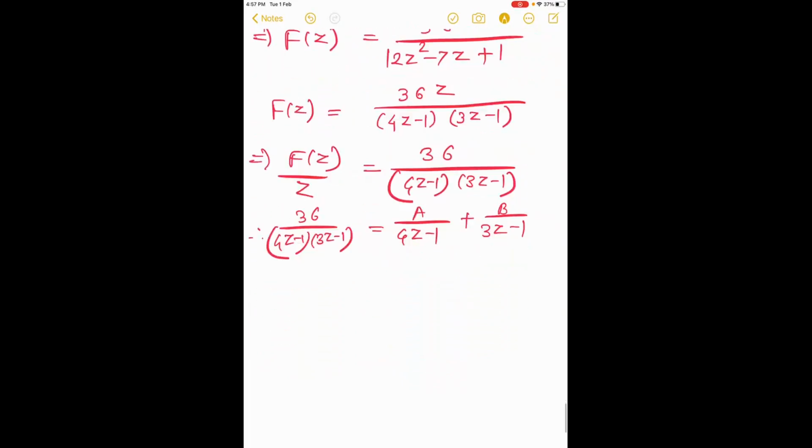Calculating the answers for A and B after equating the numerators from both sides, it is giving you answer for A is minus 4, answer for B is 3. So just verify. Okay, so this is minus 4 upon 4z minus 1 and plus 3 upon